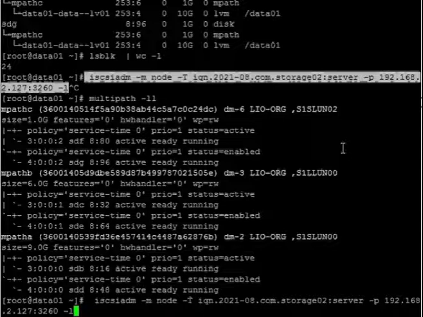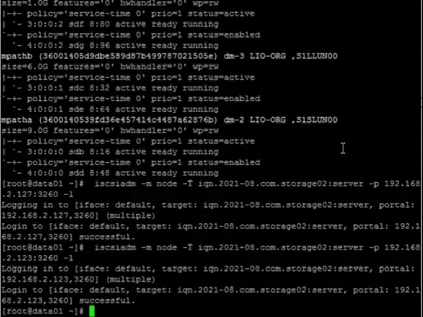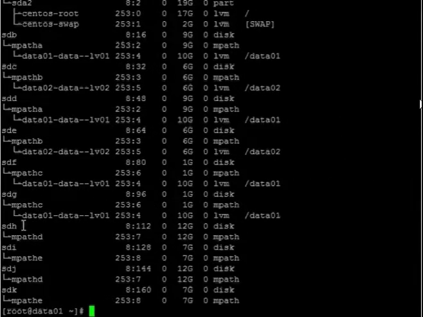Now let's connect to our secondary storage, that is storage 02. And now let's check the disks. Now you can see 4 more disks added to the server, that is sdh, i, j and k.